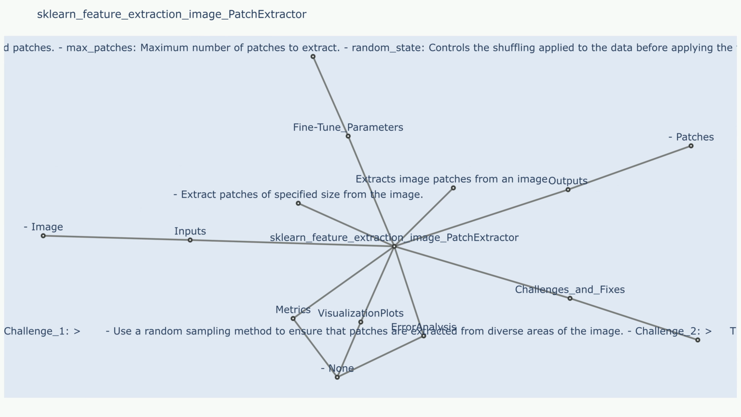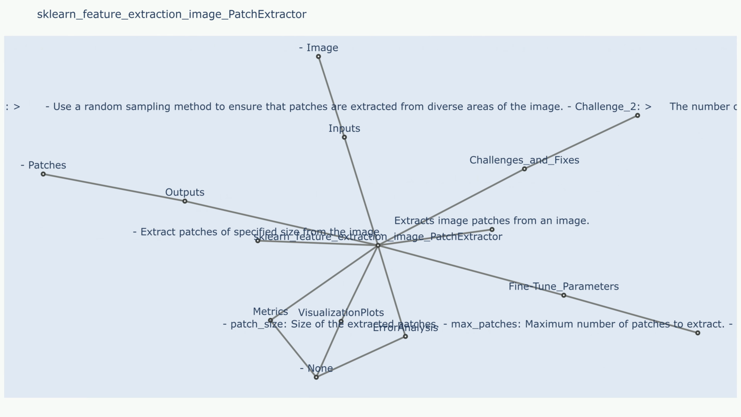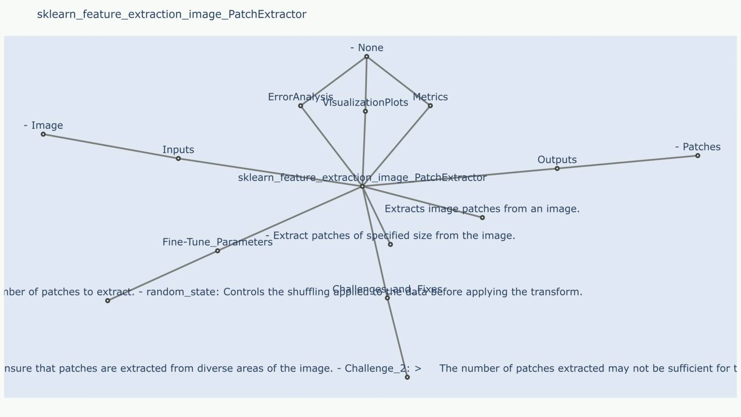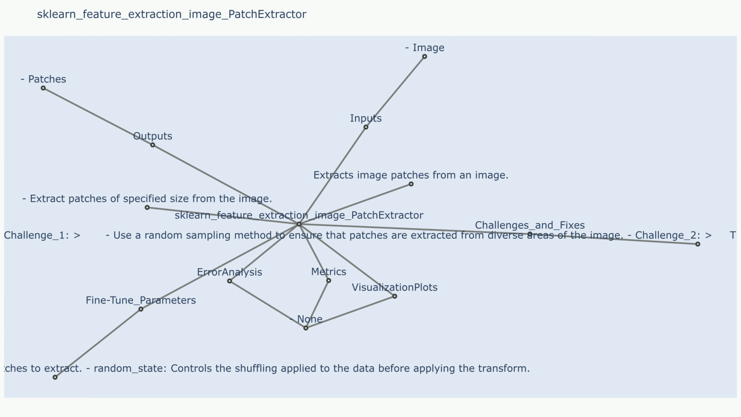Challenges and fixes. Challenge 1: boundary handling. When the patch window reaches the edge of the image, it may extend beyond the image bounds. Sample use case that resulted in challenge 1: extracting 10 by 10 patches from a 100 by 100 image might result in patches that partially extend outside the image boundary. Fixes to challenge 1: the patch extractor class offers options for boundary handling, including padding the image with zeros or